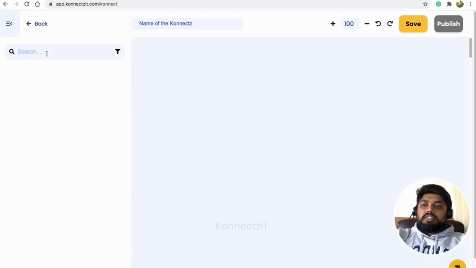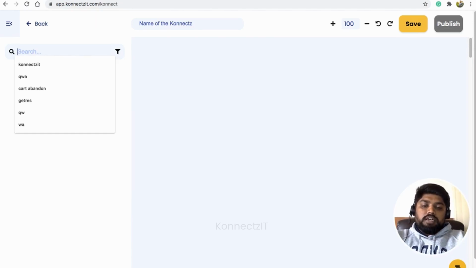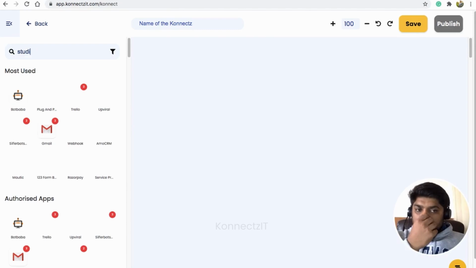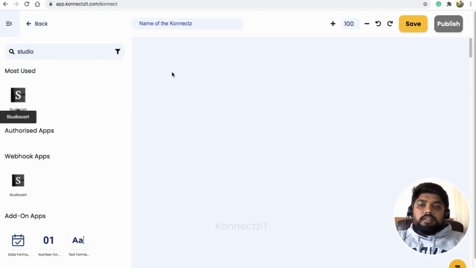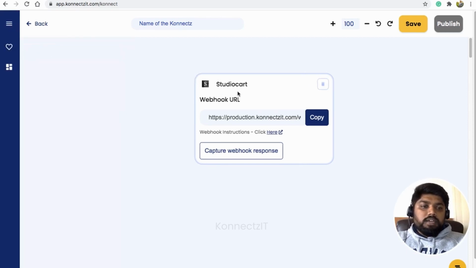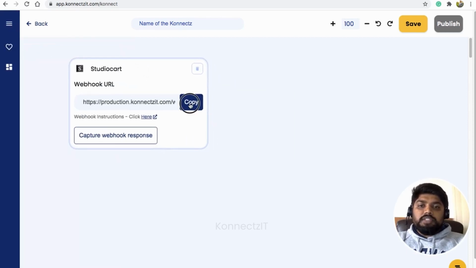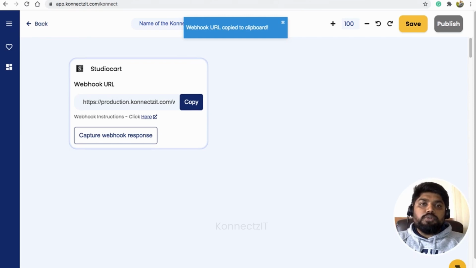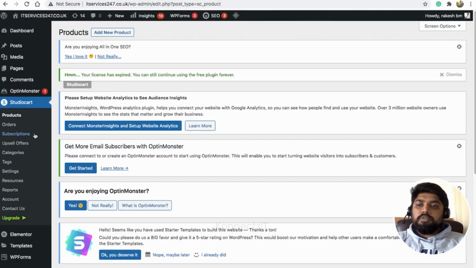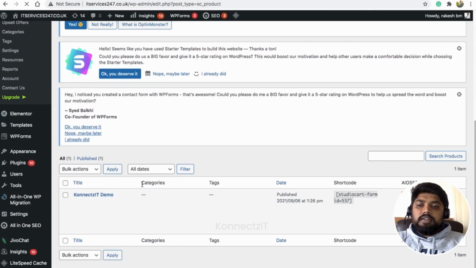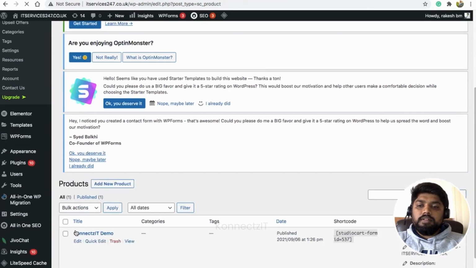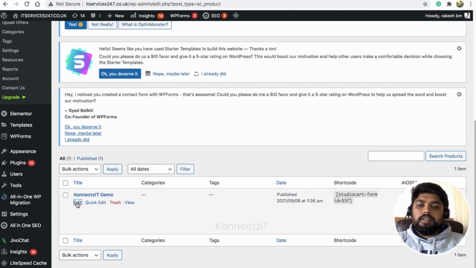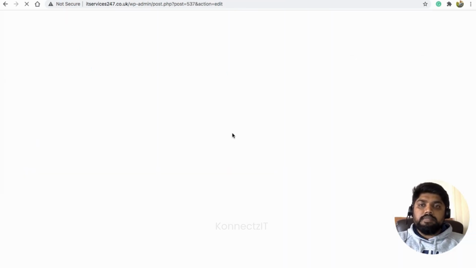I'll be selecting the trigger as Studio Cart. As you all know, Studio Cart is a webhook enabled app. So just drag and drop Studio Cart inside Connexit and copy the webhook URL. Then go to your Studio Cart products page and edit your product, and place your webhook URL inside product settings.